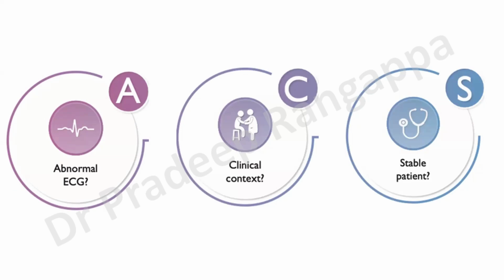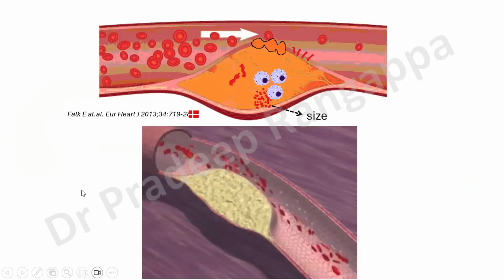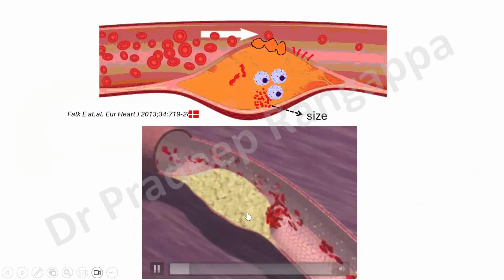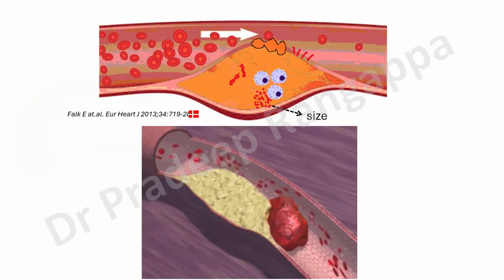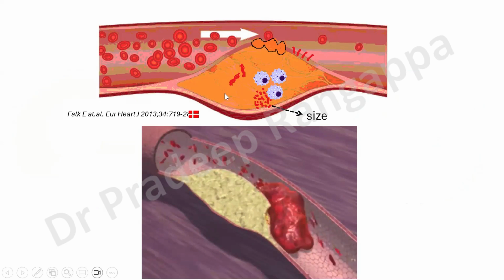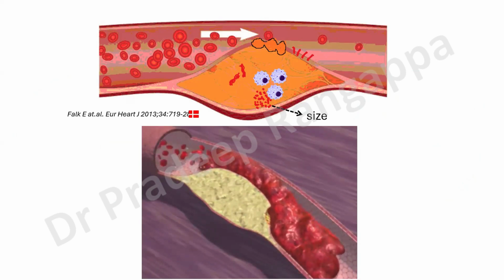Acute coronary syndrome, as you know, presents with an abnormal ECG, depending on whether the patient is stable or unstable. When you look at the whole pathophysiology of atherosclerosis, there is a plaque rupture, and red blood cells and platelets tend to aggregate and form a clot. This clot occludes the vessel. So the primary nidus for the clot formation is the plaque rupture. There is a lot of inflammation, and the size of the plaque, the inflammation and the instability of the plaque determine the sort of ACS that tends to happen.